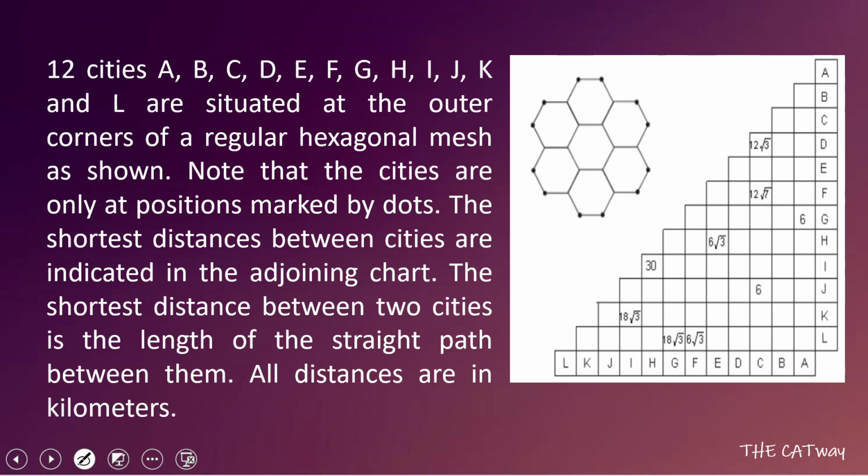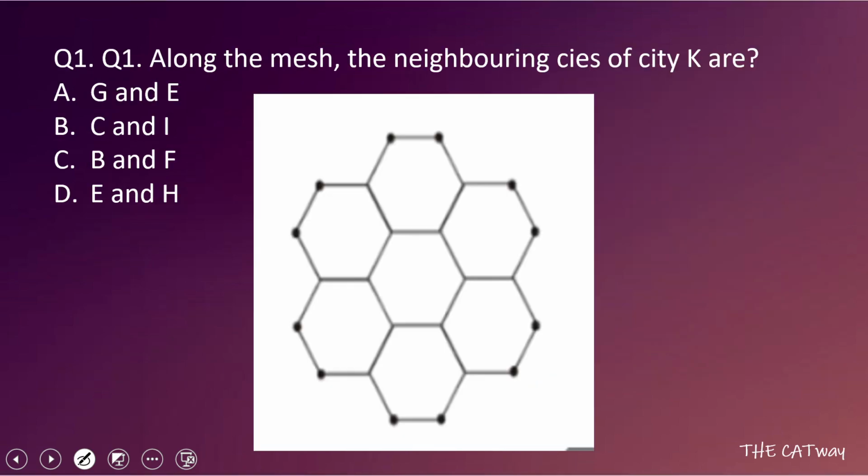Okay. So in this set, the most basic thing required is a basic knowledge about the hexagon. If you have that knowledge, this set will be a cakewalk for you because all the things are related to the lengths of the diagonals and different lengths in a hexagon. If you're not aware of that, then it is going to cause a problem for you. So let's begin and see how we can do this set.